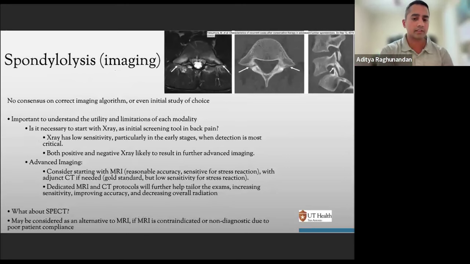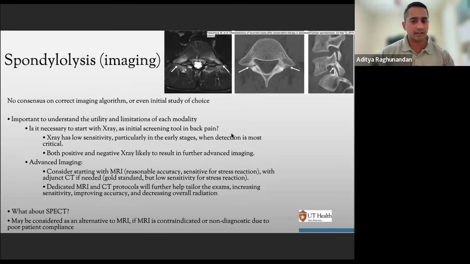As far as imaging, this is all over the place, and I've looked at a couple of different studies looking at the optimal imaging. There's really no consensus or consensus algorithm. And those of you who have dealt with patients with spondylolysis know that there's a lot of gray and not much black and white here. But here are some things to think about when you're deciding what image to order for a patient who has potential spondylolysis. So the first question is, is it necessary to start with an X-ray, a lumbar X-ray,